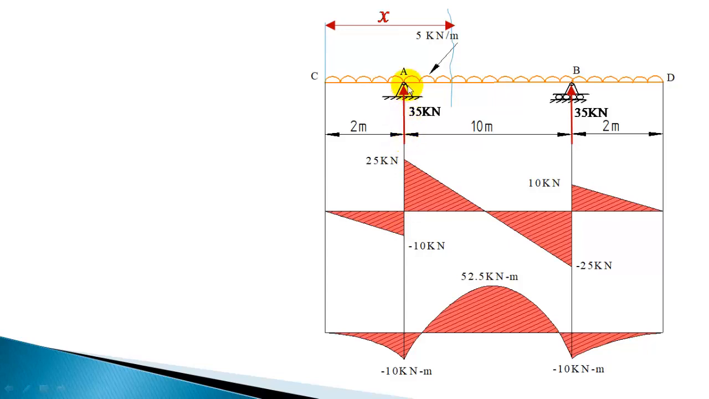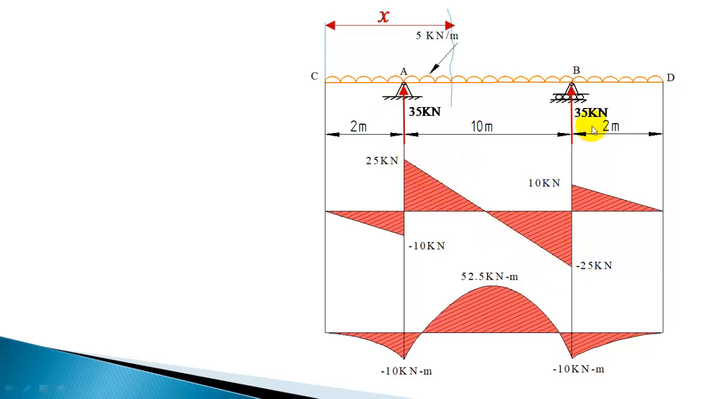So 35 is the upward force. So upward force will produce an increase in shear force by that amount. At this point the shear force is increasing from minus 10 to 25. And in this section it is changing from 25 to minus 25, and it is a linear variation, so you can show